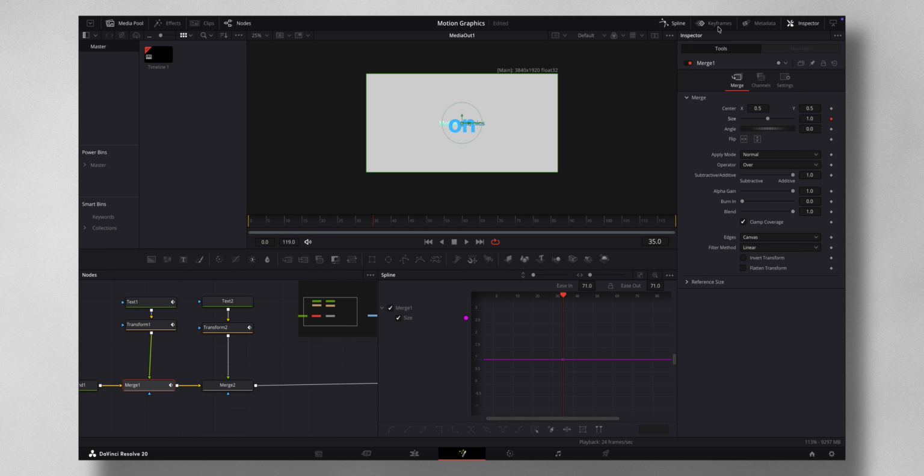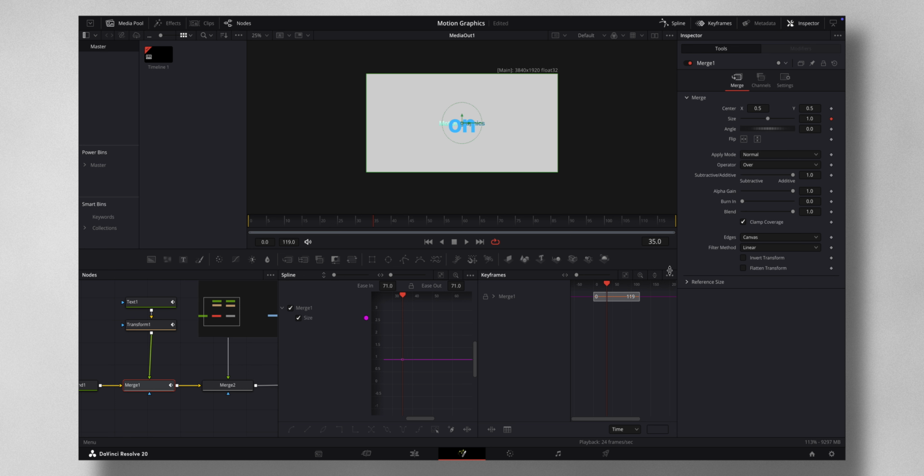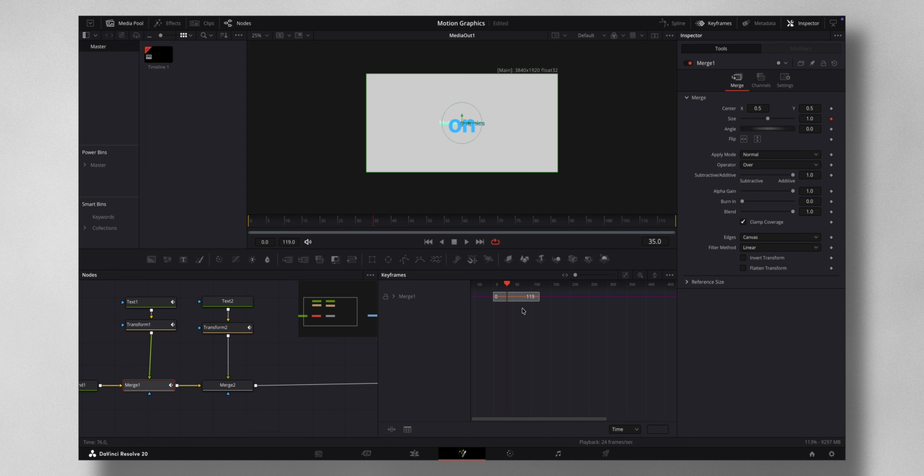So for that, just select this keyframe tab here. Under keyframe, let me close the spline. So under the keyframe tab, just select these three dots and press show only selected tools. Now let me zoom in. So I want this merge, just reduce it like this up till this playback that is in the middle of this frame. Now you select the second merge node. Again, select a keyframe to activate this one. And in this, I will just reduce it to this end, like reverse. So now what happens is if I hit play,